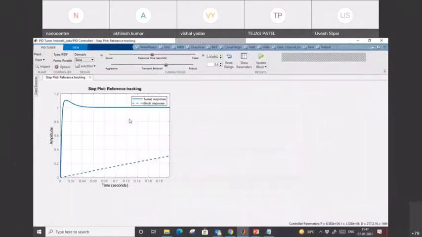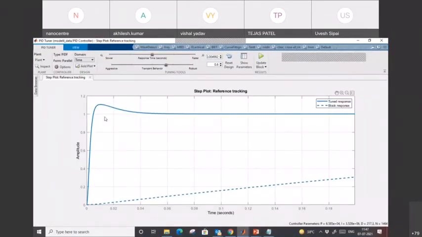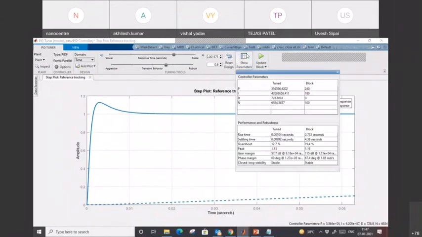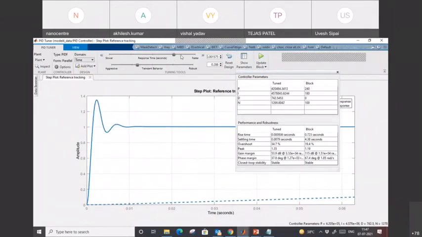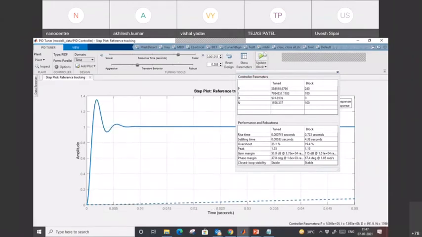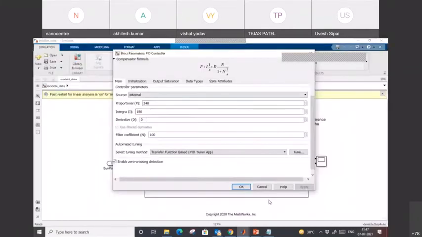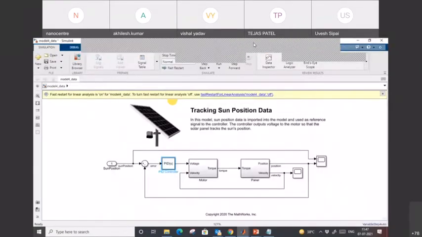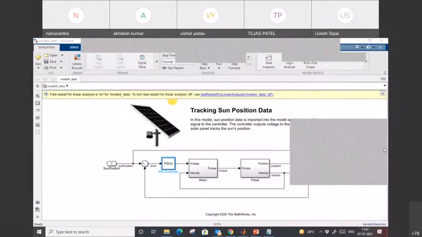And here, what you see is the step response of the complete system. Okay. You can increase or decrease the response time also. You see that when I increase or decrease the transient behavior, or increase or decrease the response time, you will see the changes here also in this parameter. So once you are happy with that, just click on update block here. Once you click update block, this block will be updated. So that's all we had to do here.